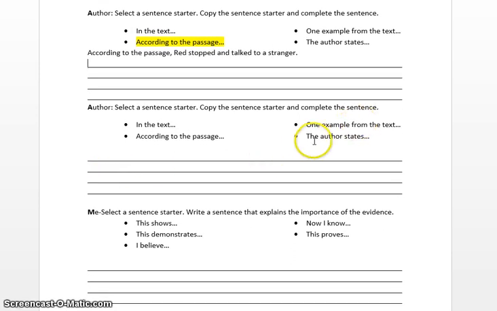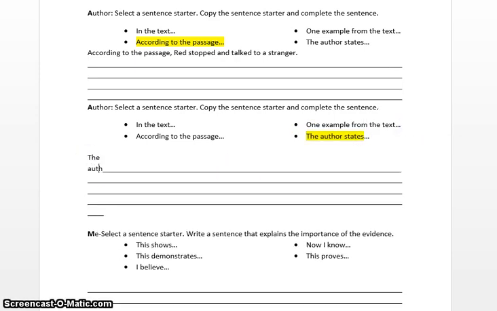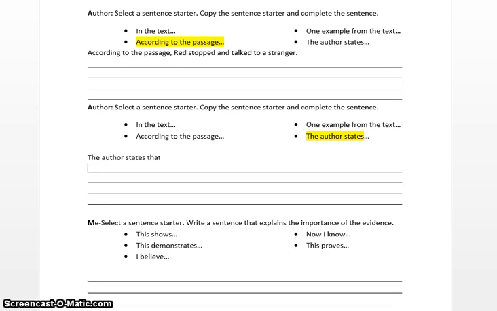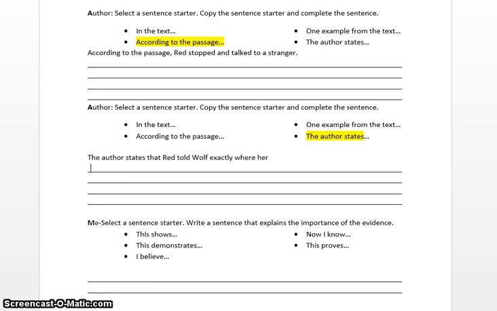And the second one I'm going to use, the author states that Red told Wolf exactly where her granny lived,